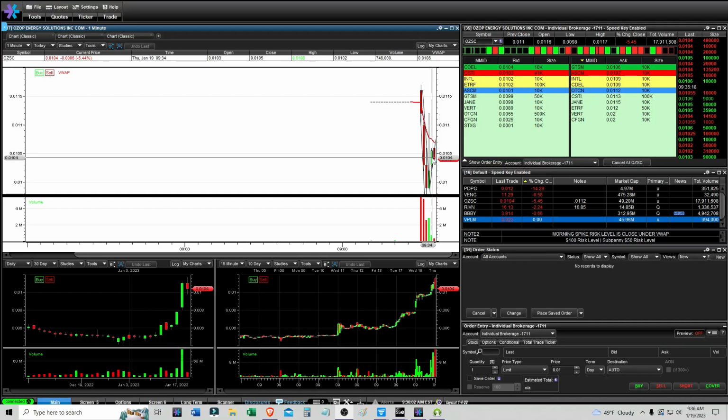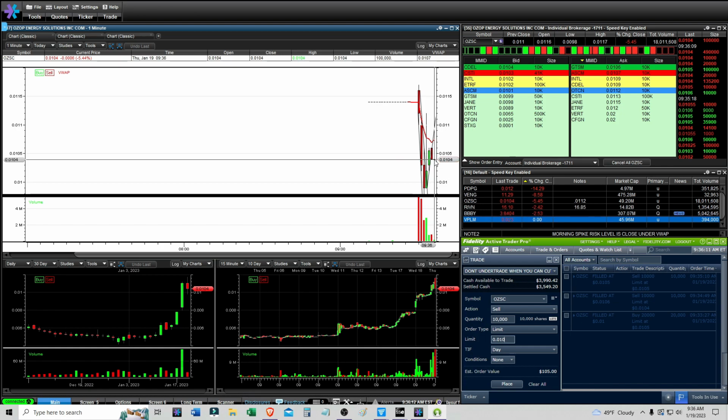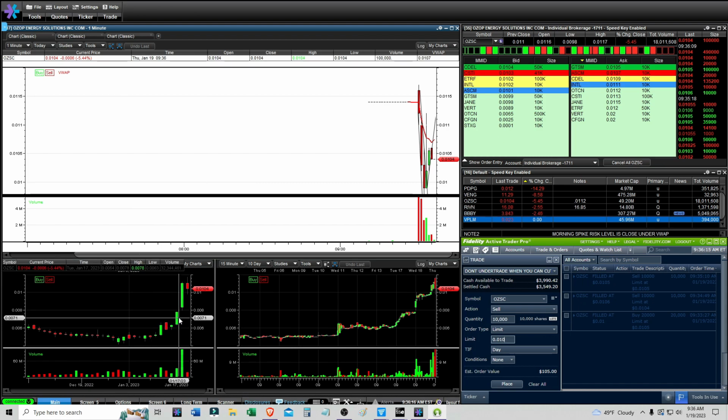Alright, it looks like it is going to open under this trend line, at least so far. I did trade this for a morning panic bounce play, and yeah, we do have a move right here under the uptrending trend line that I drew. This thing has been uptrending the past 2 days, and it was looking nice, and I was actually looking at this for a continuous breakout towards the morning, so you can see the high here is 11.2,